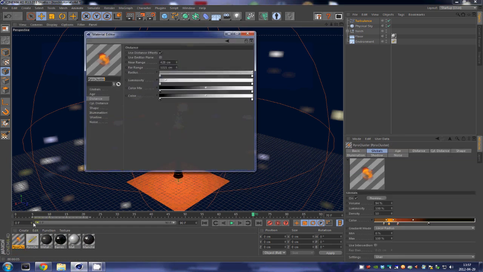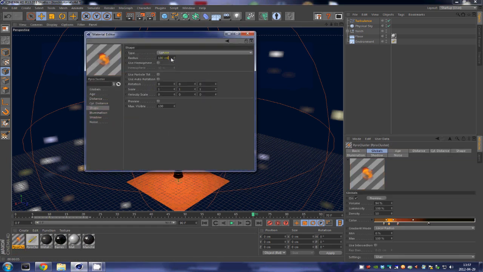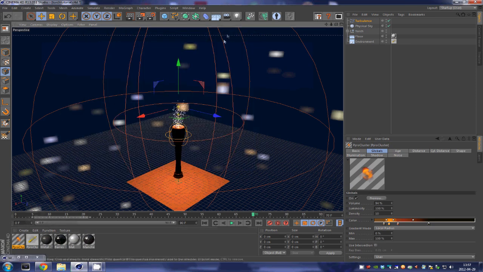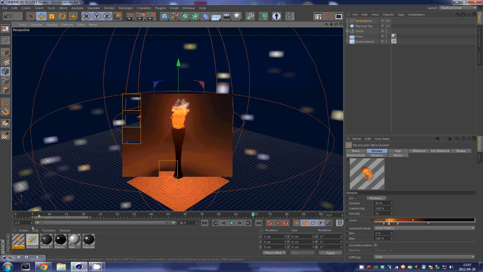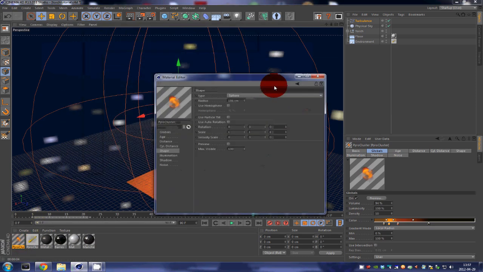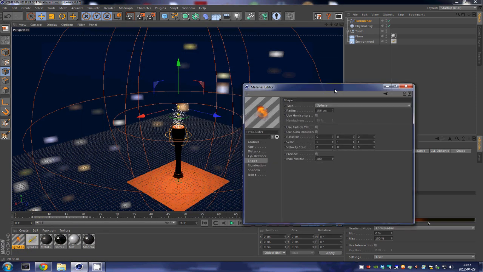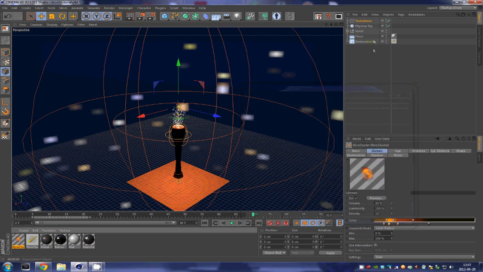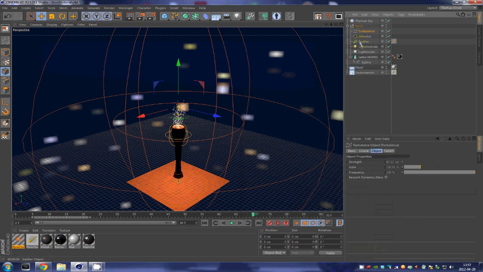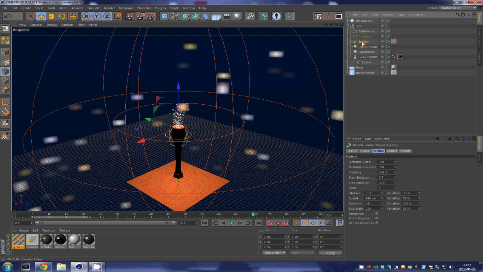So here you got it, guys. That's how you can make a realistic looking torch in Cinema 4D. One of the big problems with this design, though, is that if you just want to add the torch to another of your scene, you can't just scale it around. The reason for that is that if you scale it around, all of these settings that we took like 10 minutes to adjust,